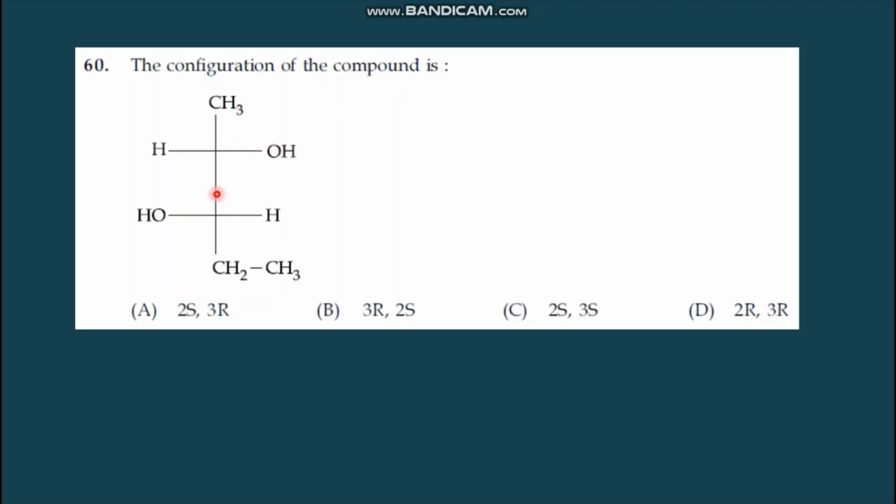Now here two functional groups are there, so in order to name it we should get lower location numbers for the functional groups. So this is one way, like 1 2 3 4 5, otherwise 1 2 3 4 5. While numbering like this, the alcohol group or the functional group locations are 2 plus 3, that is equal to 5. If we are numbering from this side, 1 2 3 4, 3 plus 4 is 7, so the minimum number we have to select. So this is the numbering order.